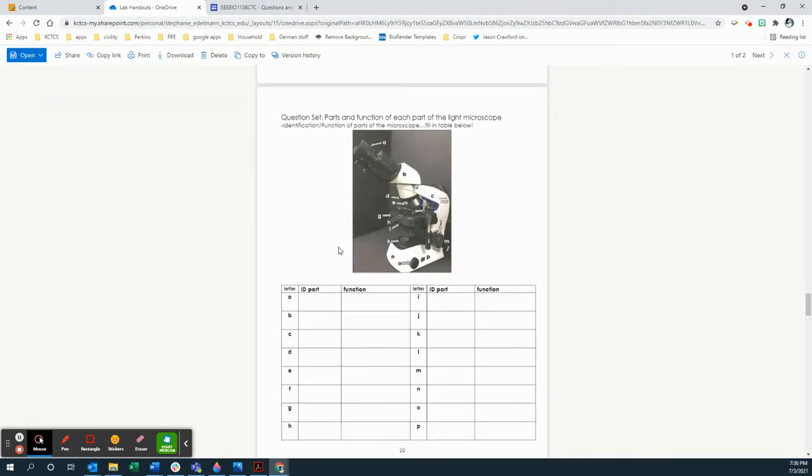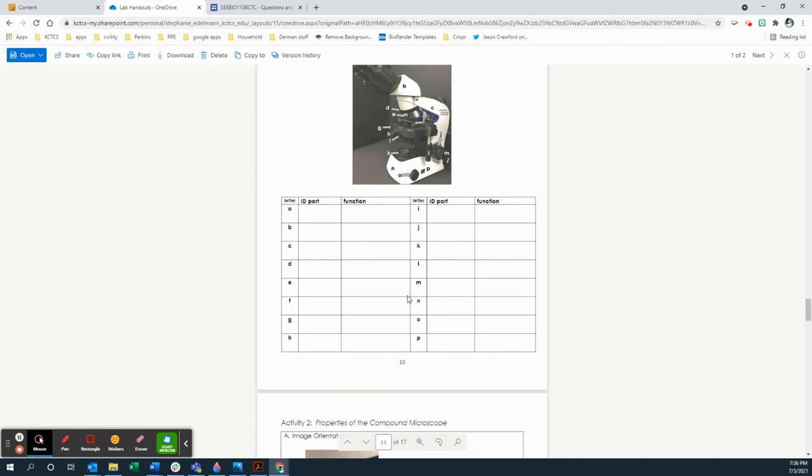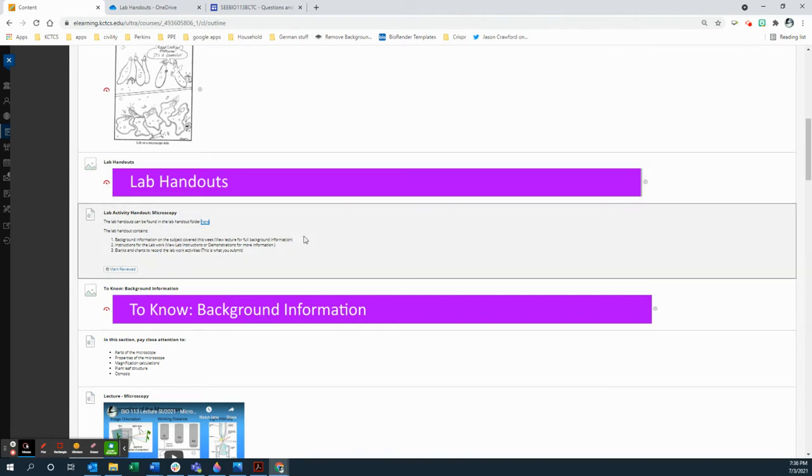I also want to spend a minute to show you this one right here, because you're going to be asked to mix and match these questions in the question set. If you fill this out in the lab handout first, the question is going to be really simple. Okay, but back to the